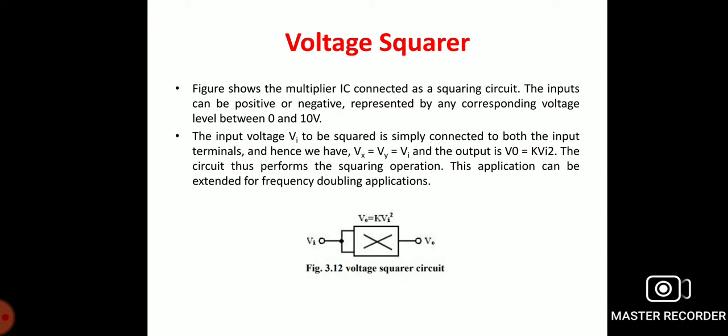Both Vx and Vy are the same input terminal, so Vx is equal to Vy is equal to Vi,